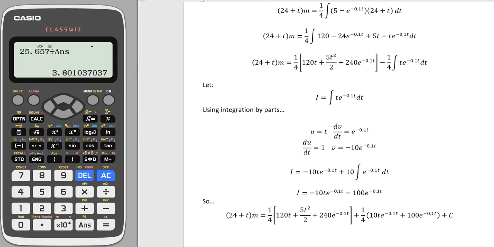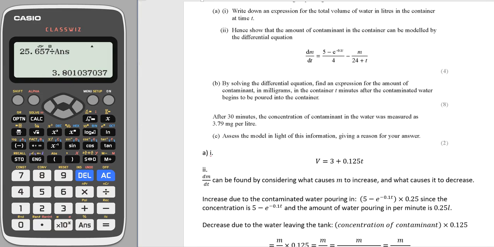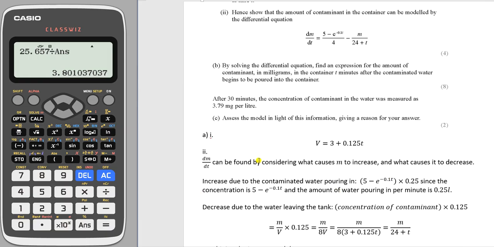Now, the question specifically said, assess the model in light of this information, giving a reason for your answer. Now, unless you're feeling particularly picky, hopefully you recognize that 3.79 as a true value and 3.801 that we're getting from our mathematical model are remarkably close. Any discrepancy is going to be